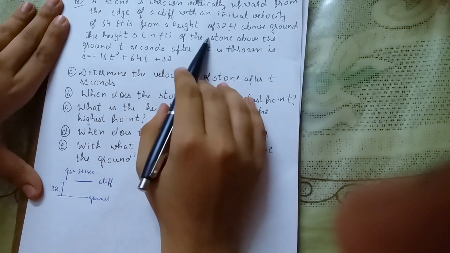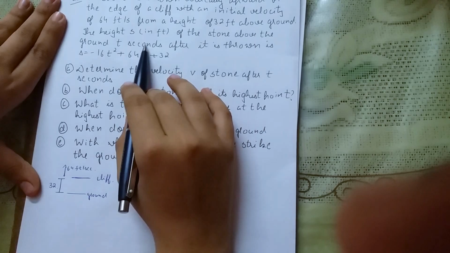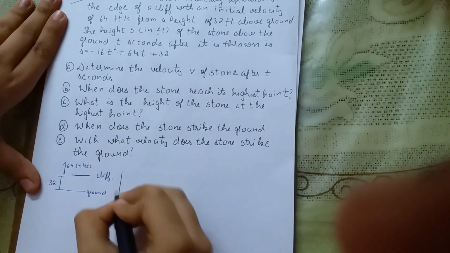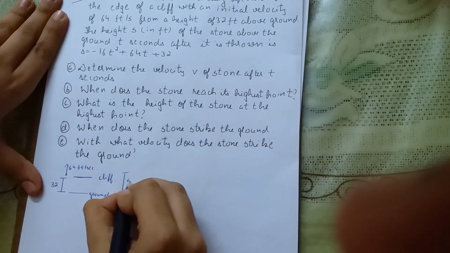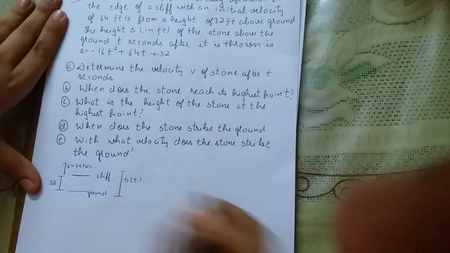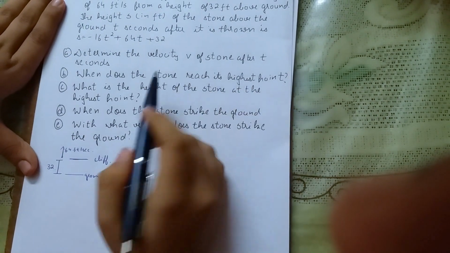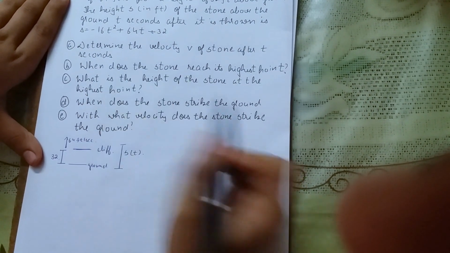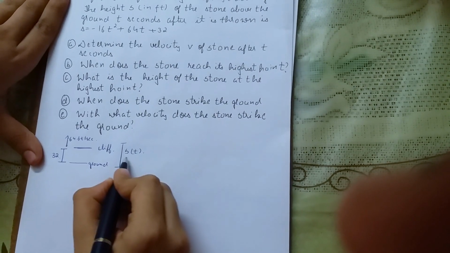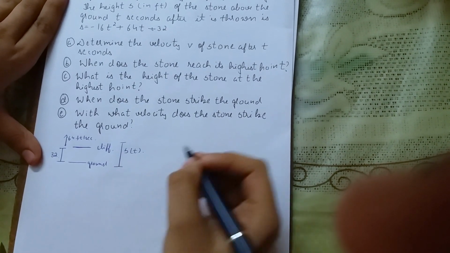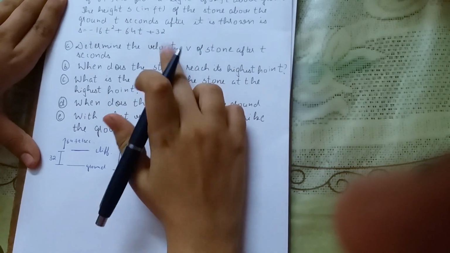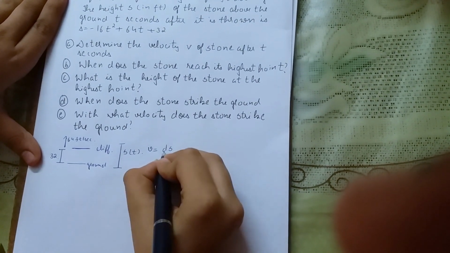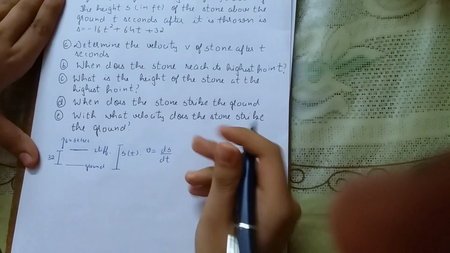The height s of the stone above the ground t seconds after it is thrown is this. Let this be the distance s measured from the ground after t seconds. Now the first question. Determine the velocity v of stone after t seconds. We know that s is the distance covered by the stone. So we want velocity. Velocity will be equal to change of distance with respect to t, which is ds by